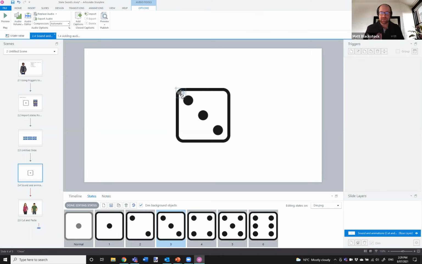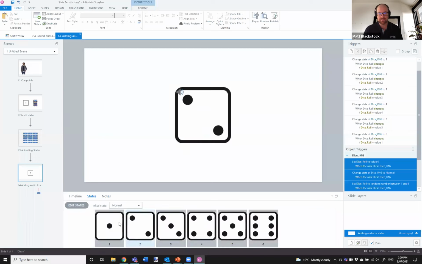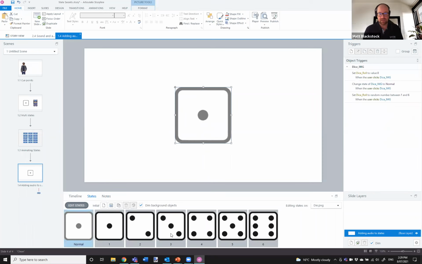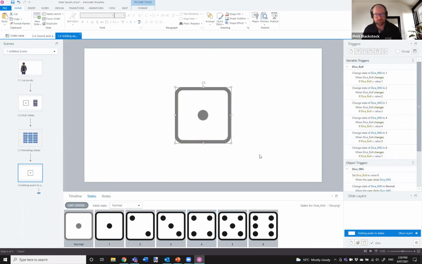Okay, so the nice thing about that is when it changes to that particular state, it's going to automatically play that audio file. I don't need to add a trigger to do so. Okay, and that's all I've done with this example over here. So every single one of these guys, I've cut it, I've pasted it back, I've added an animation, and I've inserted the audio file. So Control X, Control V, and then you'll be amazed what the states will actually allow you to do. All right. The only thing left on this particular activity now is to add all the relevant triggers as I go through to set the random number and also change the states based on what that random number is set to.